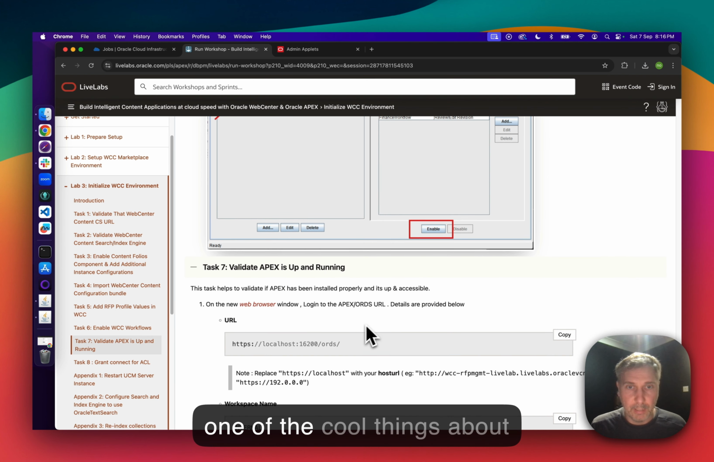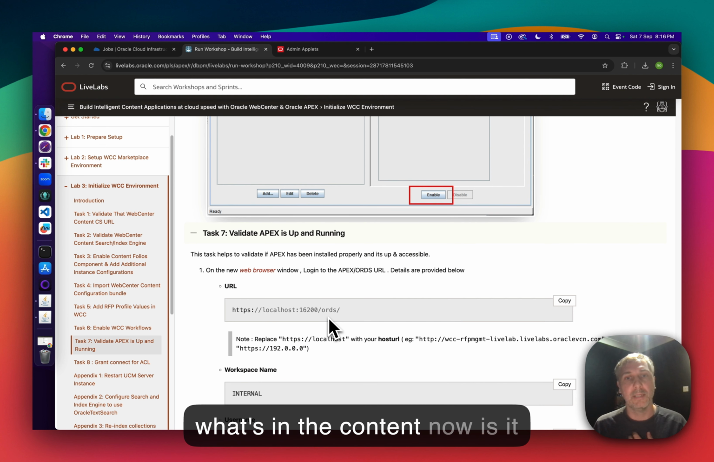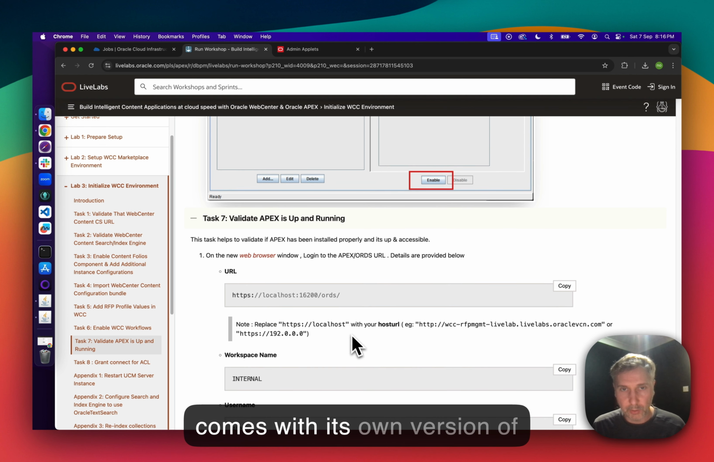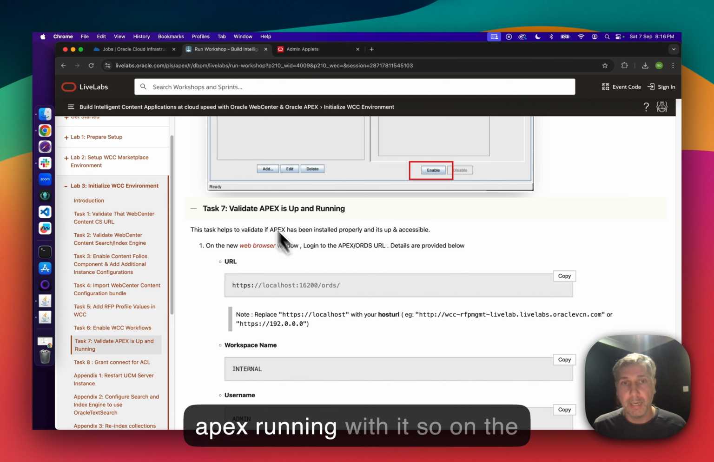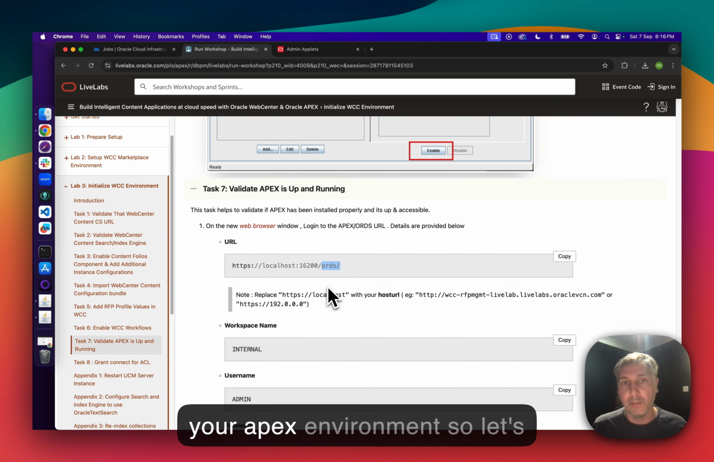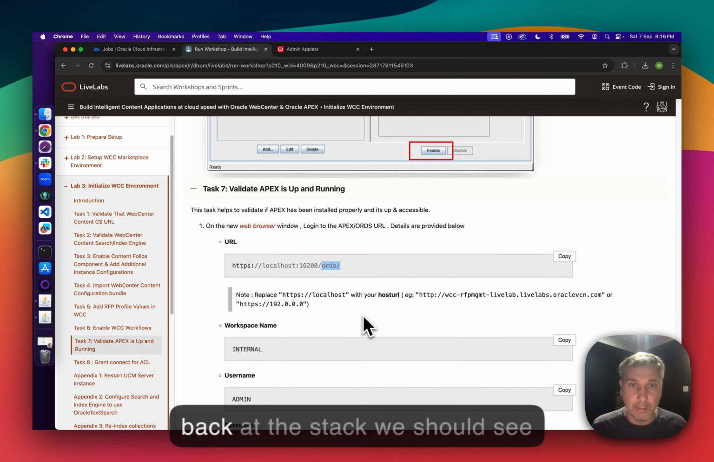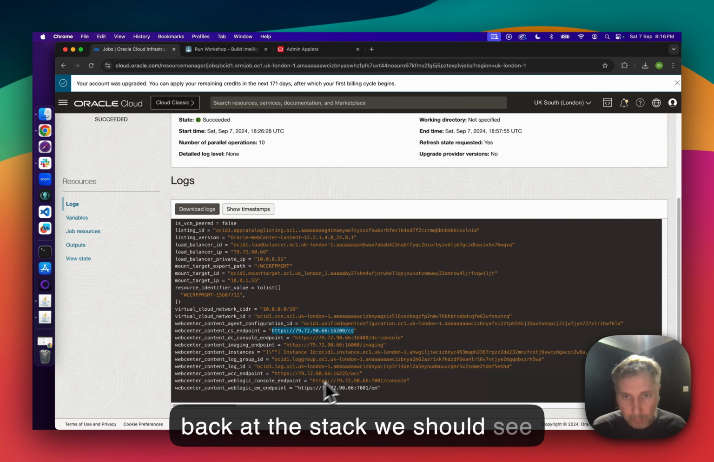And then validate Apex is running. One of the cool things about WebCenter Content now is it comes with its own version of Apex running with it. So on the same domain, same IP, if you go to the orgs address, it'll open up your Apex environment. Let's go ahead and do that right now. And again, if we have a look back at the stack, we should see